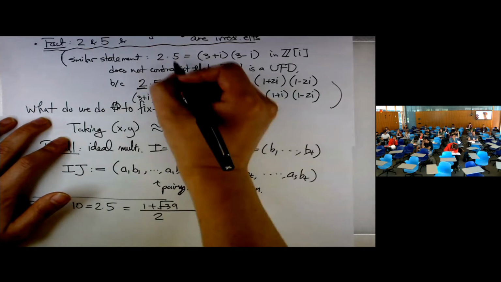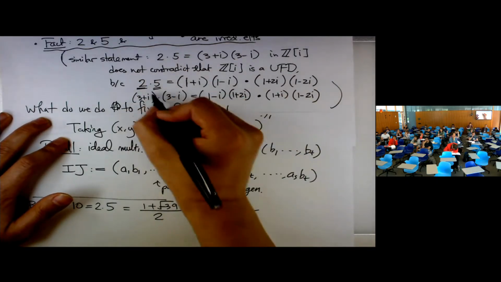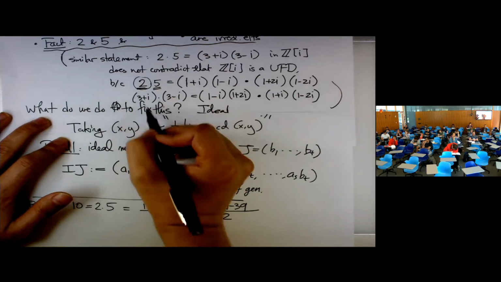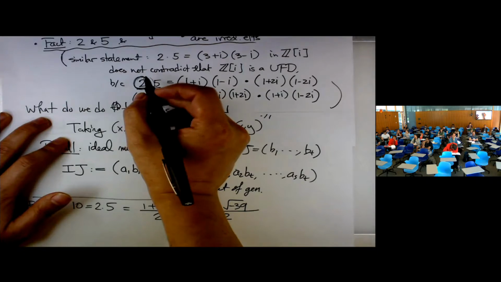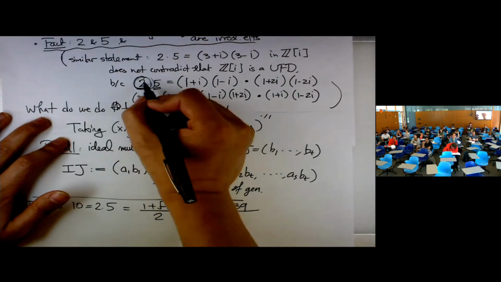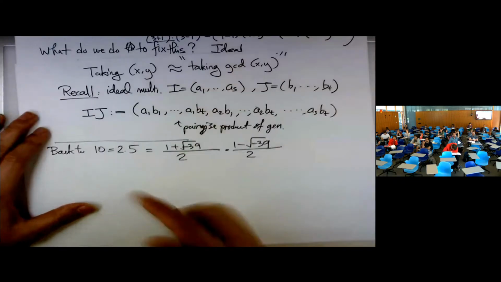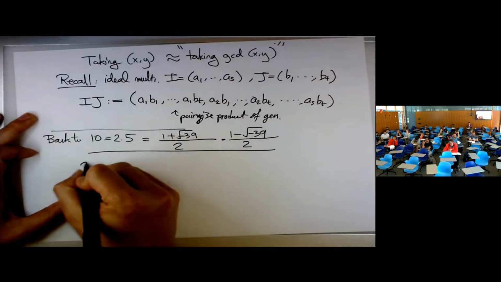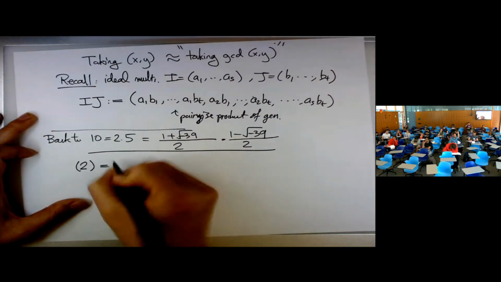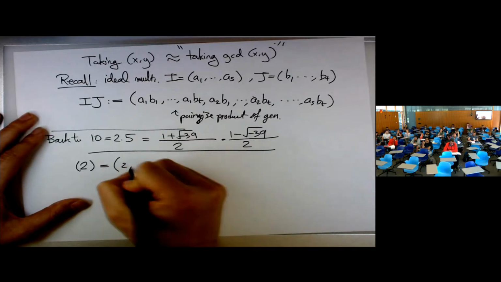So what happens is that this 2 and 5 each further factors into, I guess, a common factor of 2, if you can think it's kind of like common divisor, with 2 and 3 plus I, and common divisor 3 with 3 minus I, or something like this. And we're going to somehow have that idea here. I want to say, over here, this is because 2, instead of writing the element, I'm going to write the ideal generated by 2, is